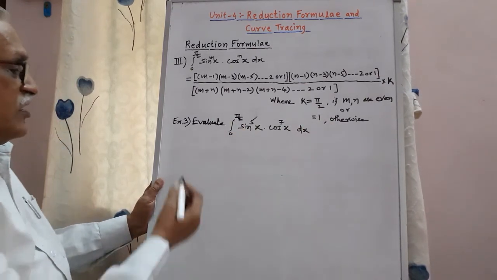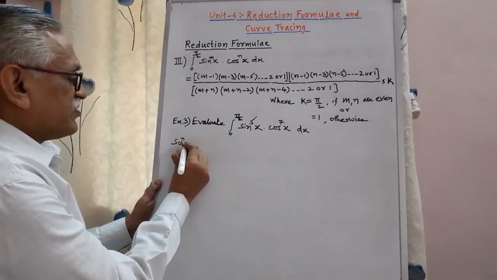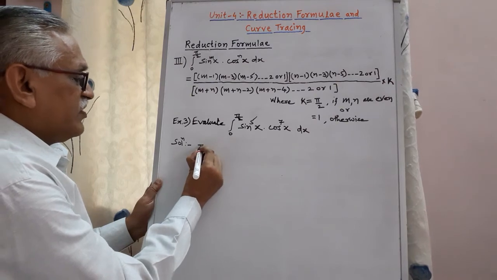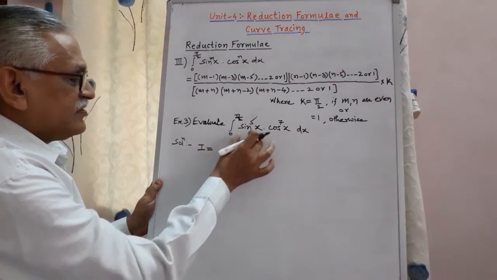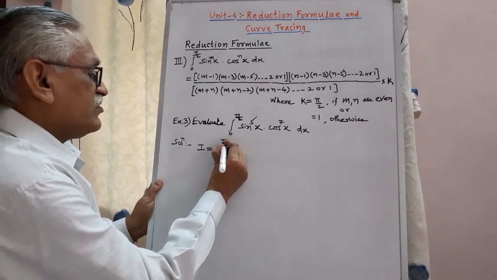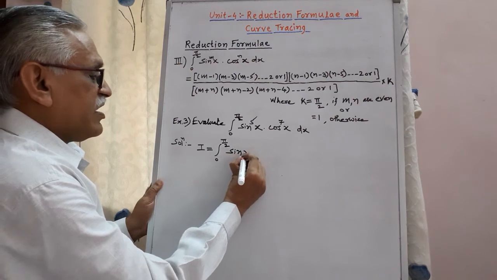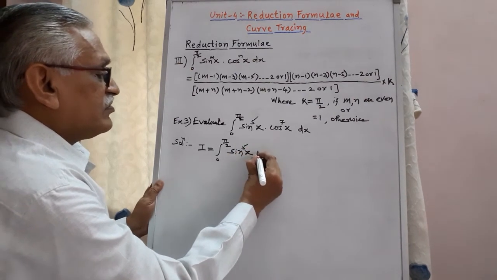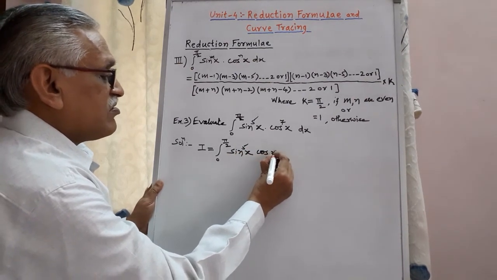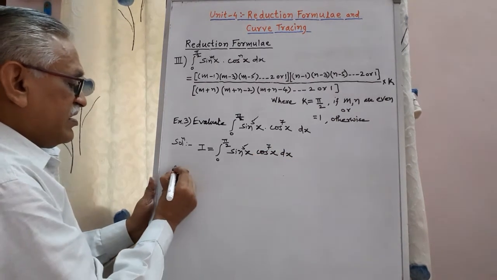0 to pi by 2 means we can use this third reduction. Once again consider this integral as I, the integral from 0 to pi by 2 of sin x raised to 5, cos x raised to 7, and it is equal to,